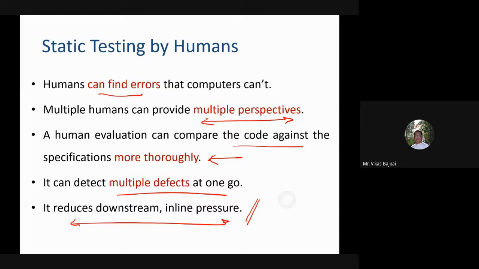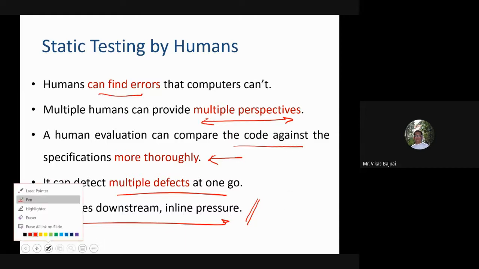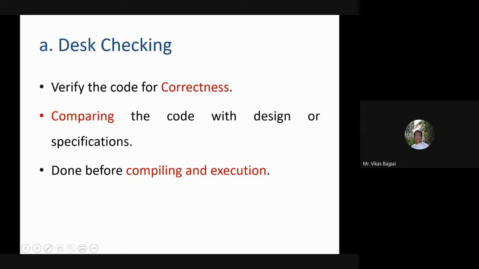Now, next thing is desk checking. What desk checking says is that this is basically the process of manually reviewing the source code.